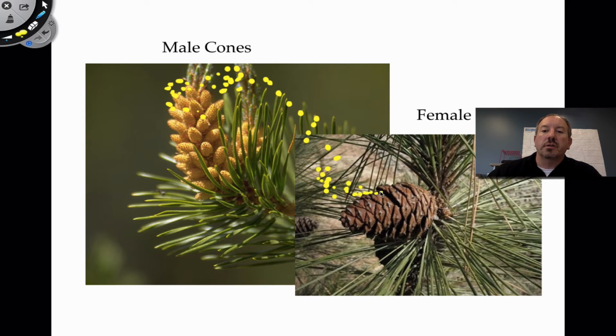So the pollen comes over here and it fertilizes the egg and it produces a seed. Then the cone either falls to the ground or the seed falls, and then the seed will germinate into a new tree. So the seed is the baby. I just wanted to point that out. And so there's a cone. It happens to be a sequoia cone. How about that?